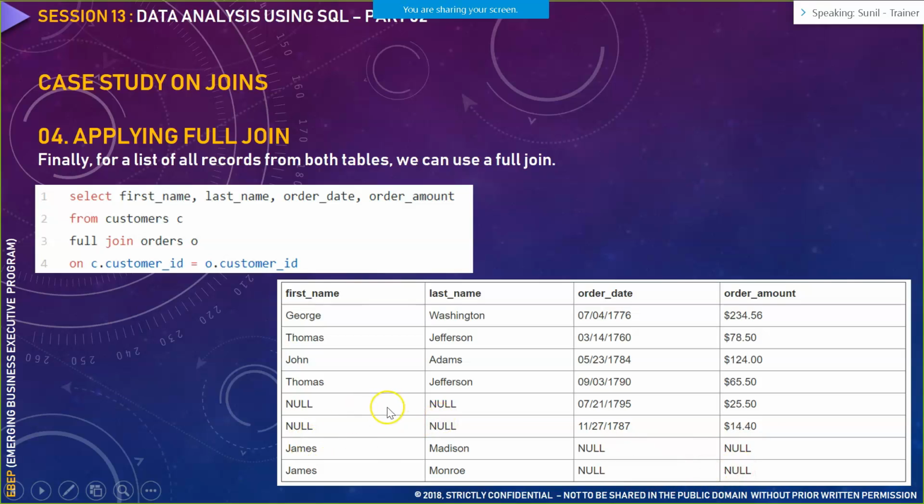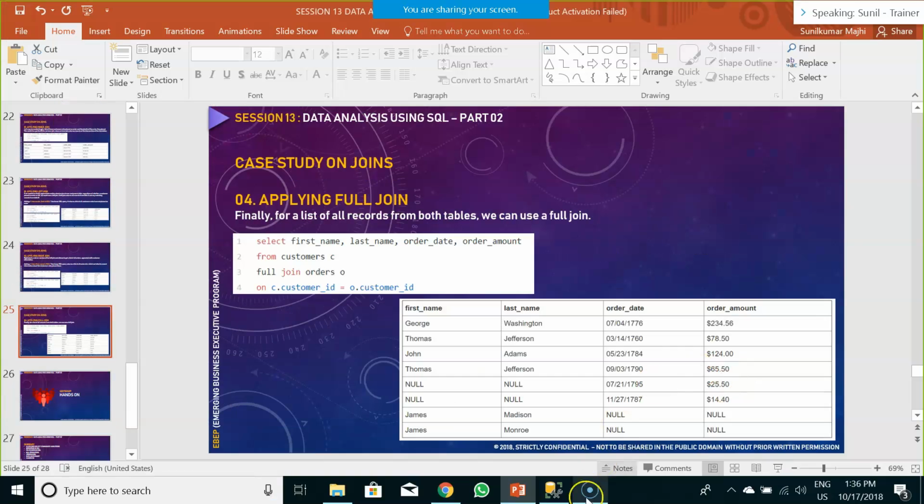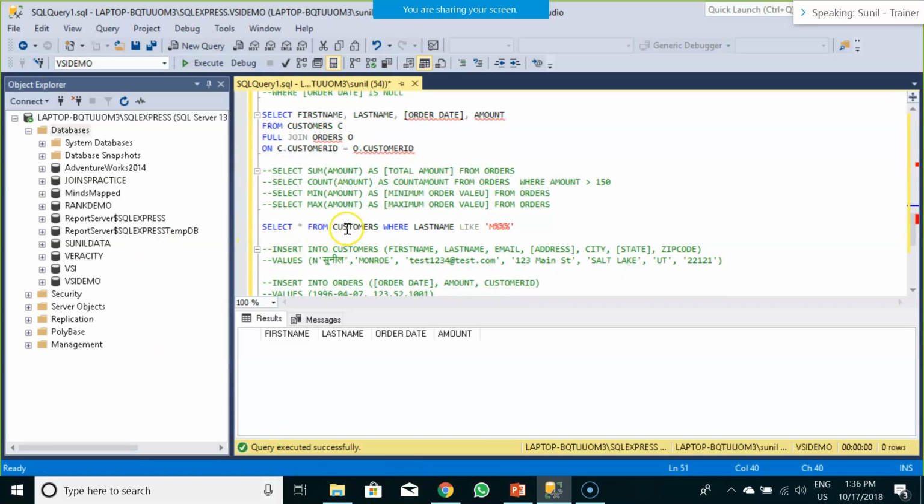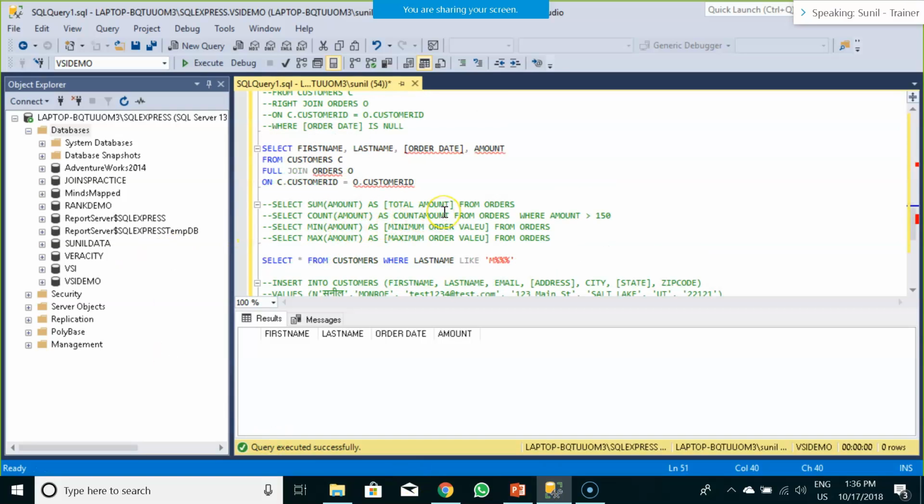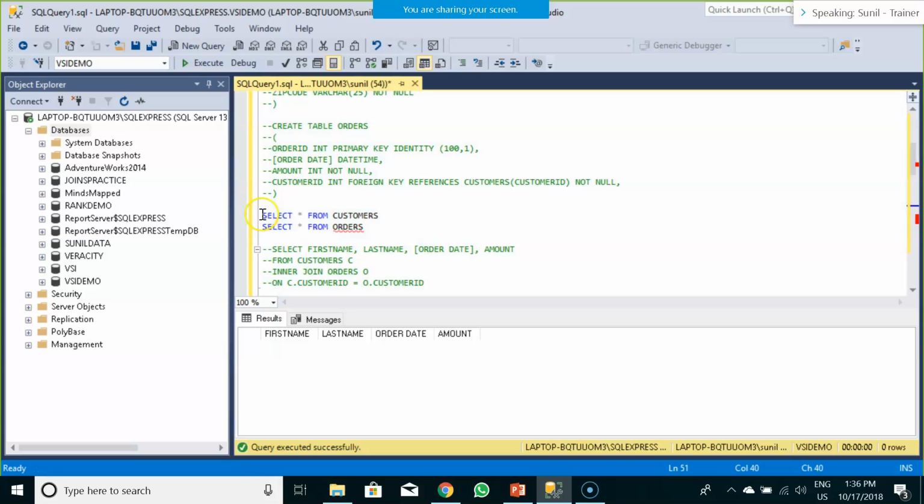If there is any information missing on the left table, it would display as null. So depending on the situation wherein the information on the left table is there or it is missing, or wherein the information on the right table is there or it is missing, it would display all the information with the help of full join. So how the full join looks in SQL, if you fire a particular full join, it would look something like that.